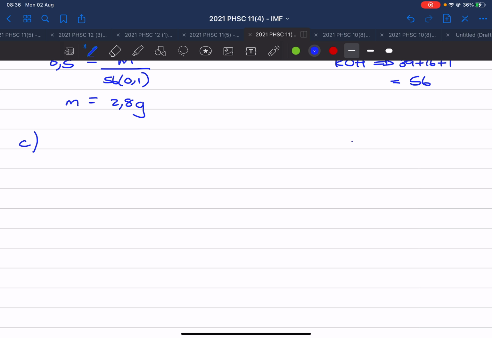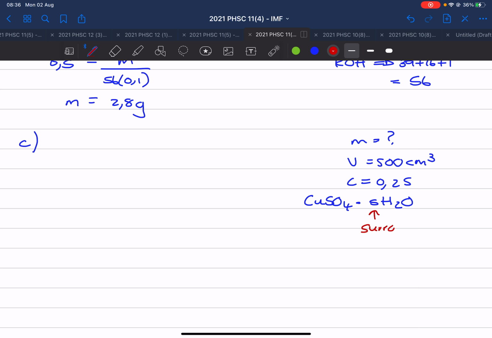They say there we must calculate the mass. The volume is 500 cubic centimeters. The concentration is 0.25 moles per decimeters cubed. And then they give us copper sulfate dot 5 waters. Now that 5 waters means that it is surrounded by water, or we can say it is a hydrated